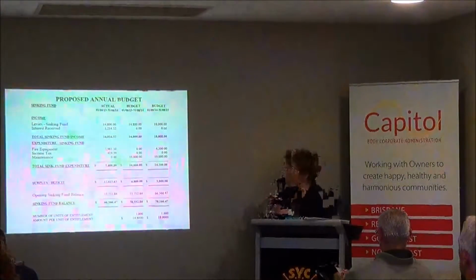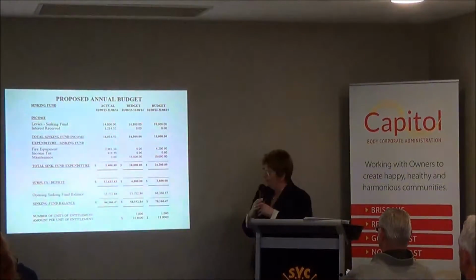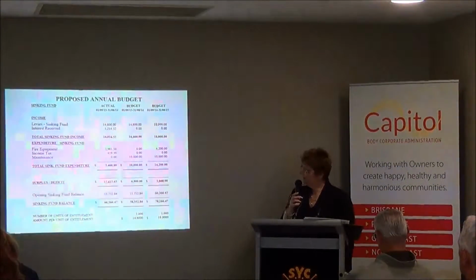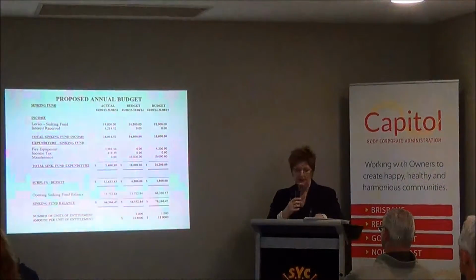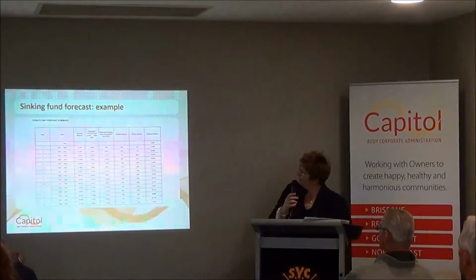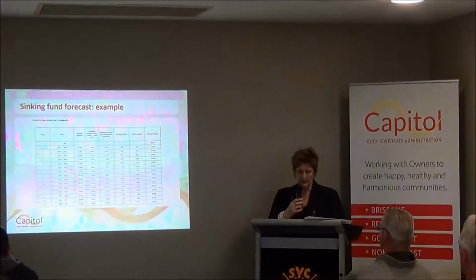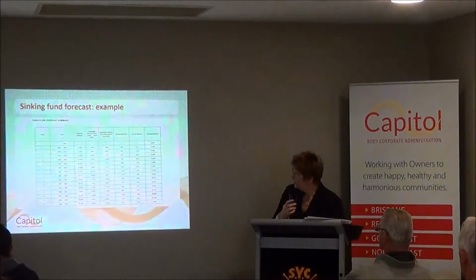Income, they're going to bring in $14,800 for the year, and they're anticipating $10,000 that they might spend on whatever it may be. The sinking fund budget is determined as a rule from the sinking fund forecast. The sinking fund forecast is done by a quantity surveyor, and he projects what you will need in the next 5, 10, 12 years to do those major replacements. And then he says, okay, in the year